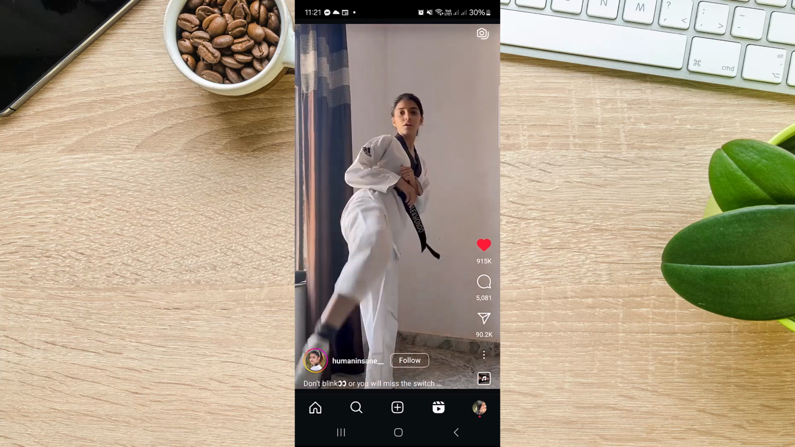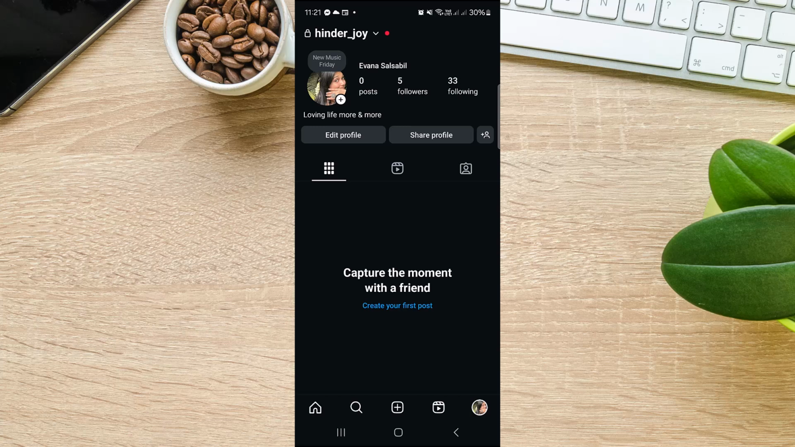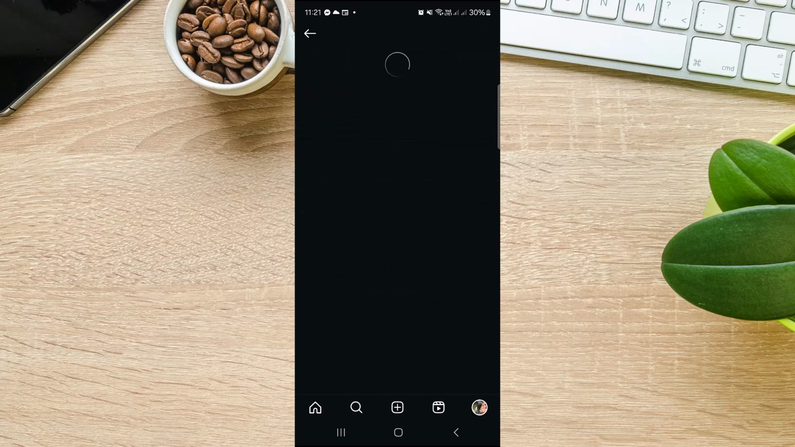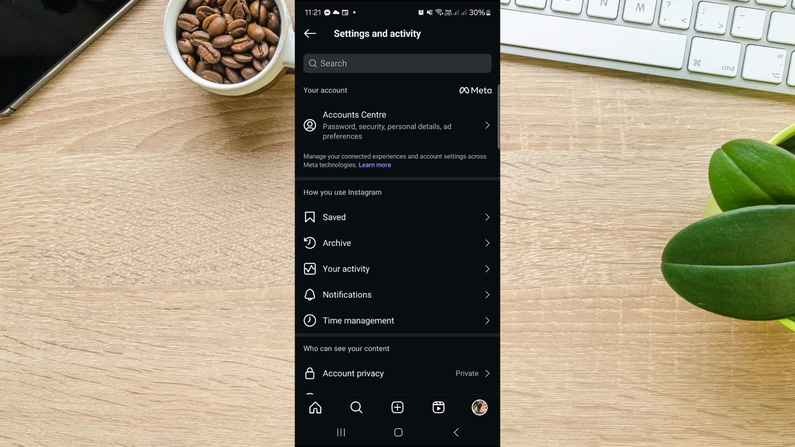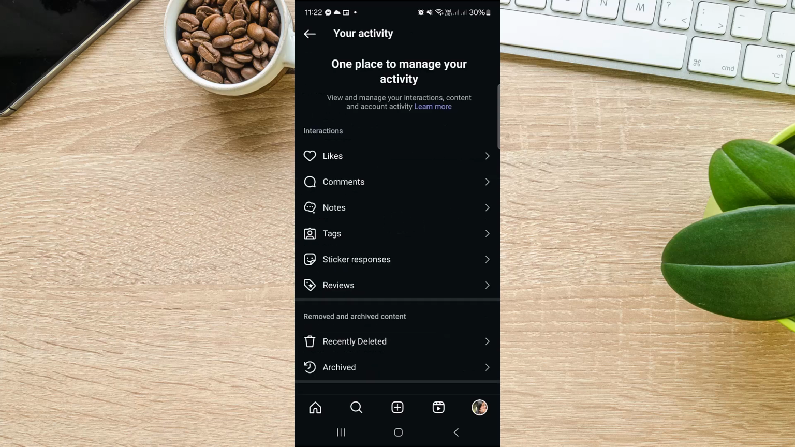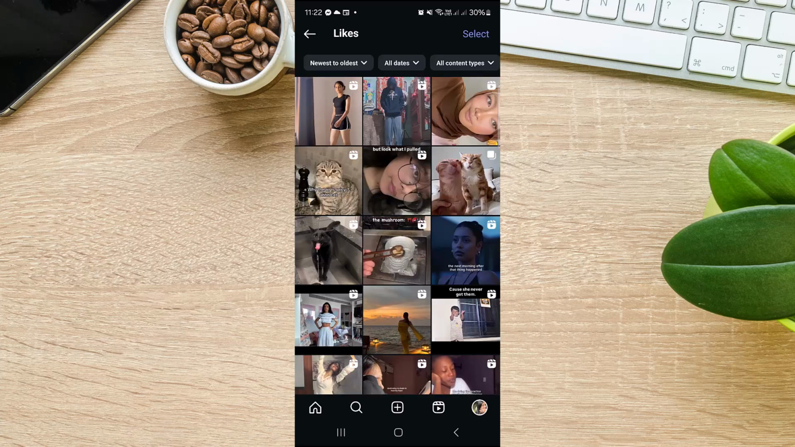I'm going to the profile icon on the lower right corner and then tap on the three lines on the top right. Now go to your activity section in How you use Instagram. Here, go to the likes option. Now, as you can see, the video I have recently liked is in here. You can find it or find the